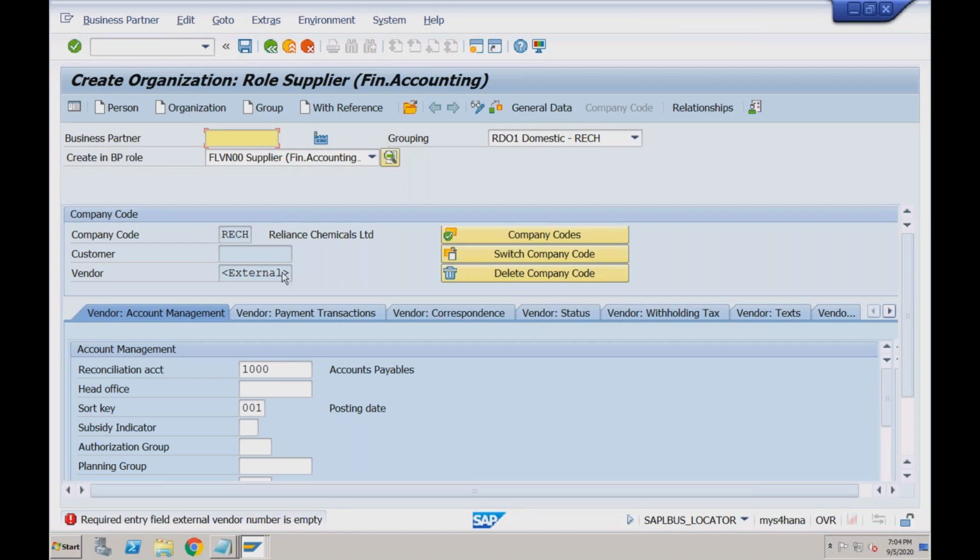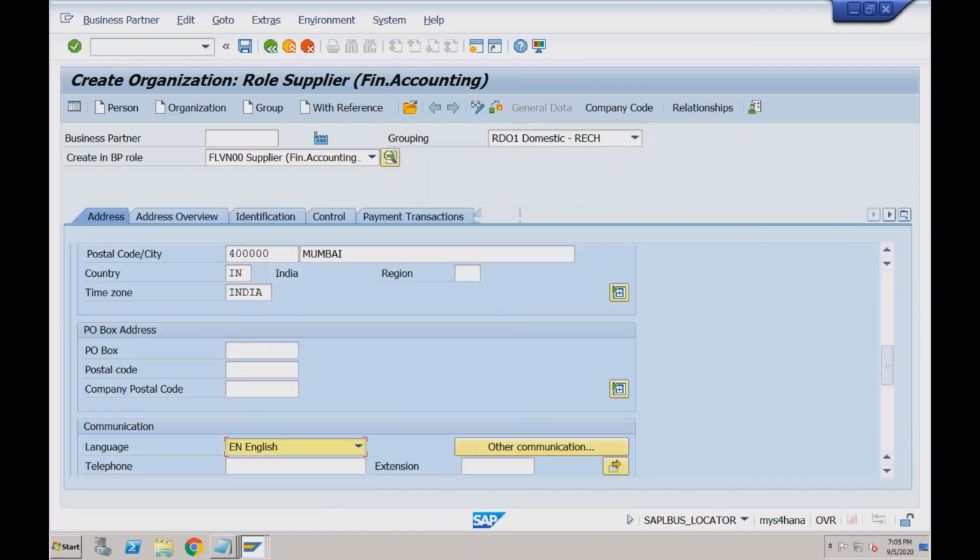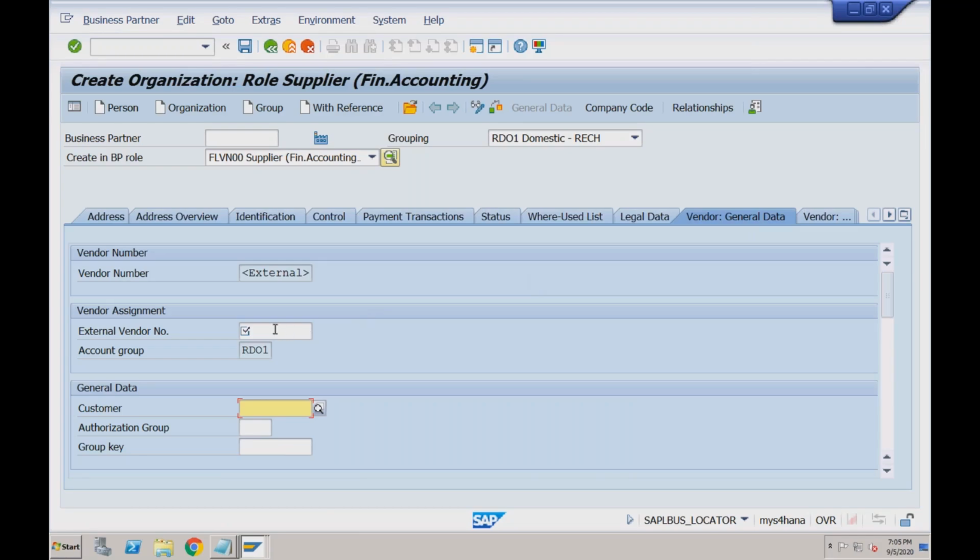See what is happening. If you remember, the vendor number range that we created, which we assigned to RD01, was external, which means the number should be provided manually. And that is the reason the system is asking us for this external number. So if you go to general data, again in the vendor general data,